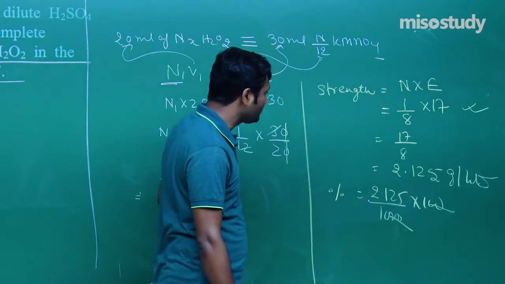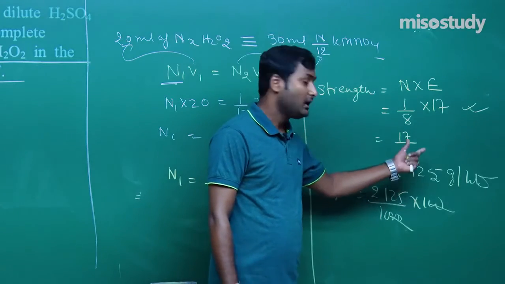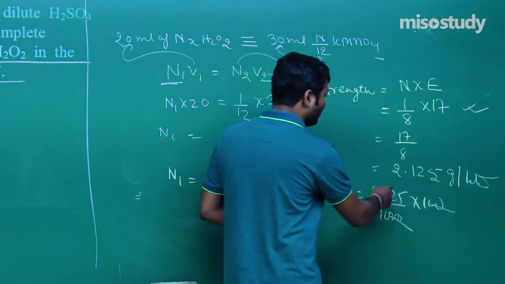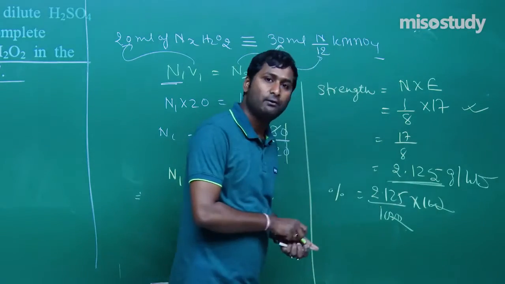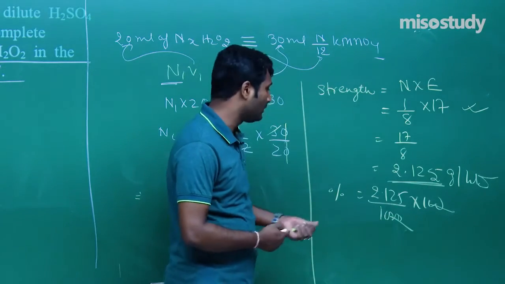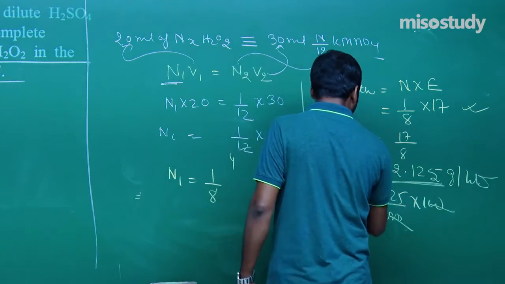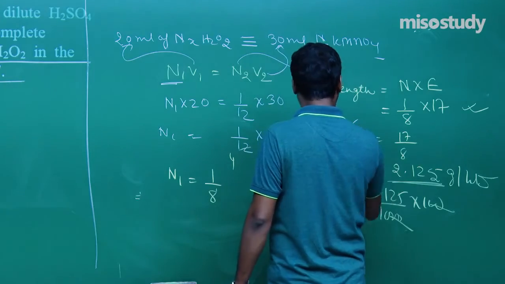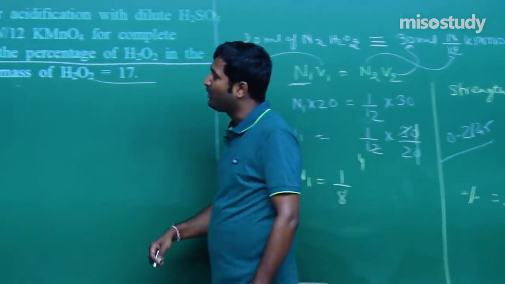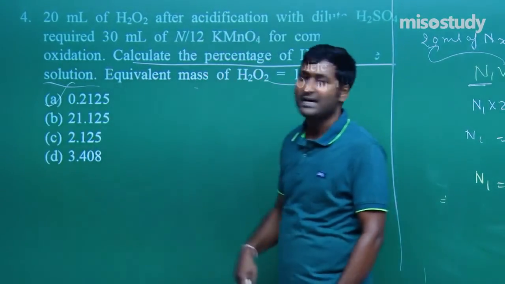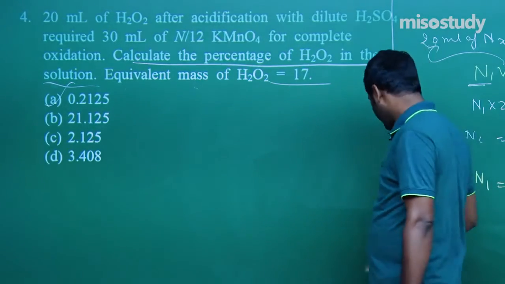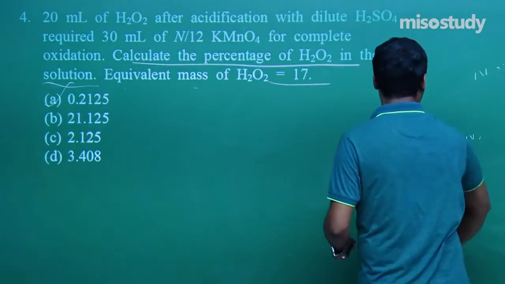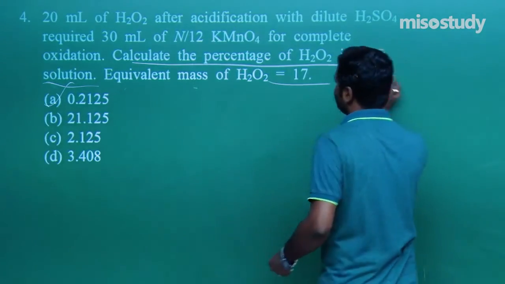0.2125. Sometimes we do not have time to give the complete calculation. We do not have pen and paper, so sometimes I write the direct value. If you have pen and paper, then you can easily solve. So the answer in this case is 0.2125. A is the correct option. Now I'm going to rub this part, friend, and we'll discuss the next question. What will happen in this case? Check it out.